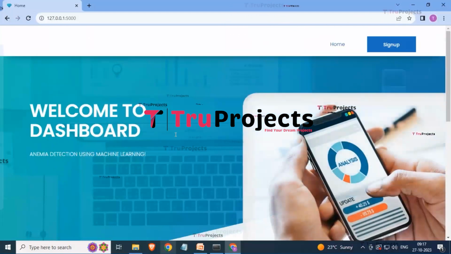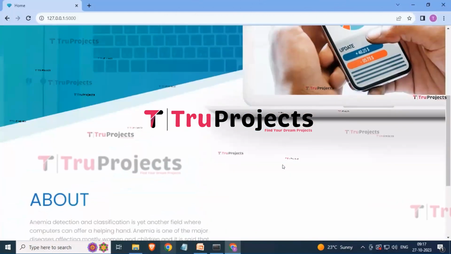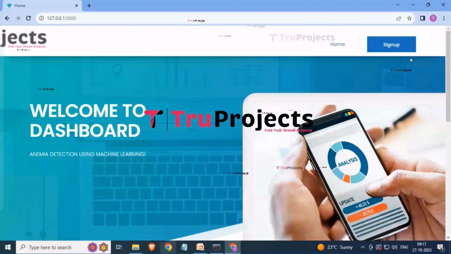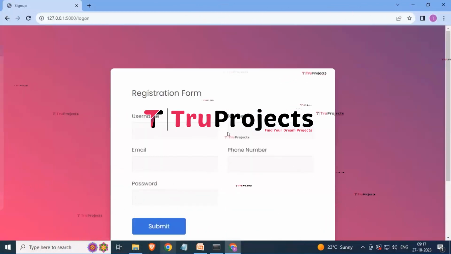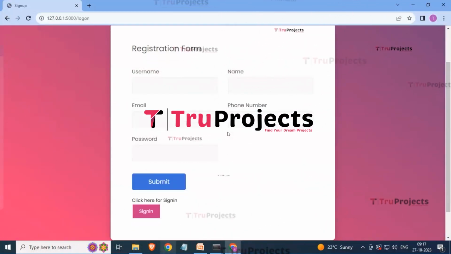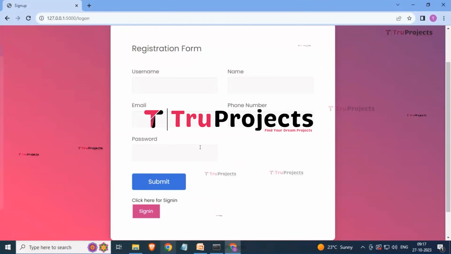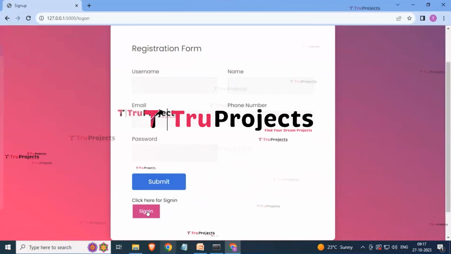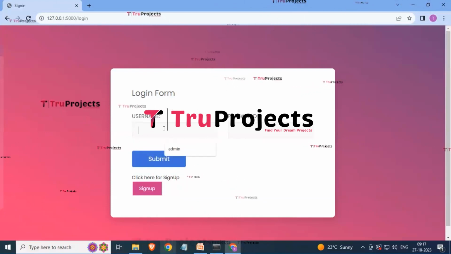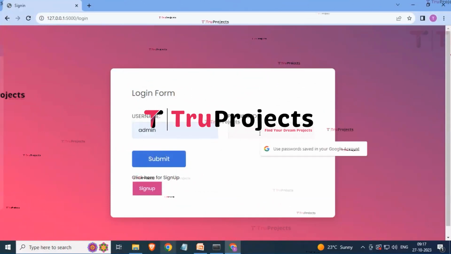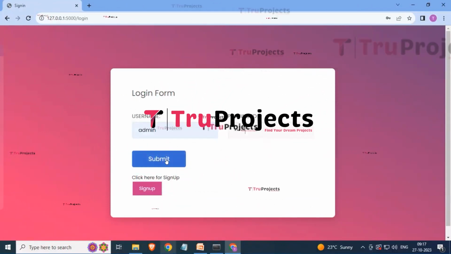So here you can see that this is the home page for the anemia detection using machine learning. Here is a button for sign up. Just click on this button. Enter your username, name, email ID, phone number and password over here for doing the registration. I have already done the registration, so I am clicking on sign in button. Just enter the username and the password over here which you have created while doing the registration and simply click